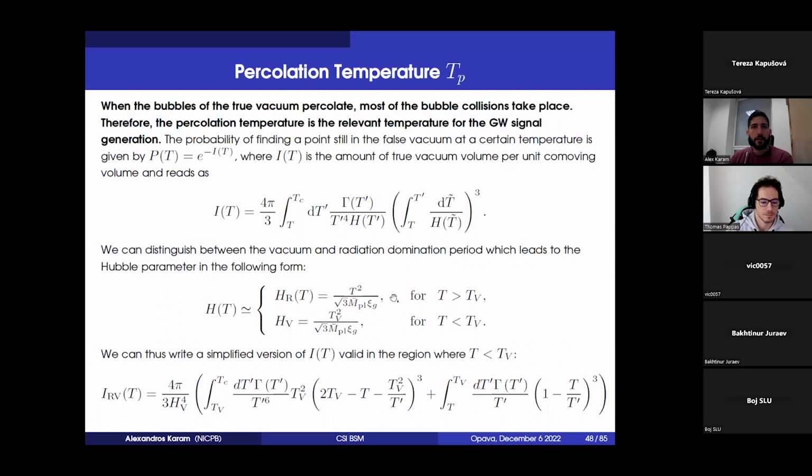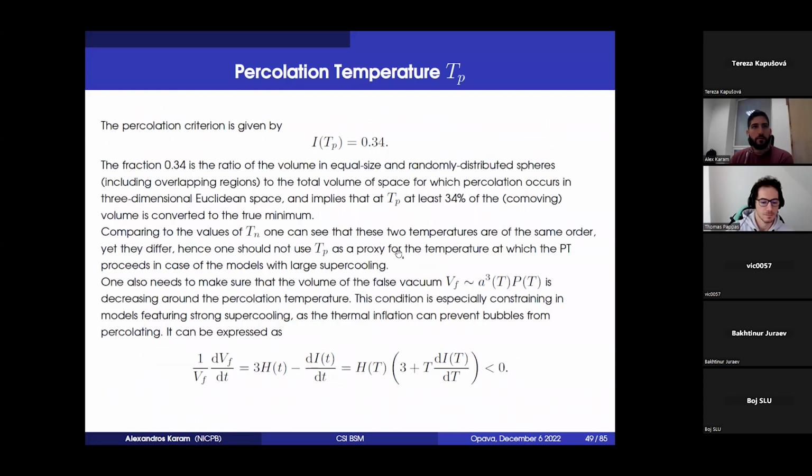This Hubble parameter here can be split in this way, depending on if the temperature is above or below the thermal inflation temperature. And using that, we can compute eventually the integral and find that the percolation criterion is this one, which basically says that